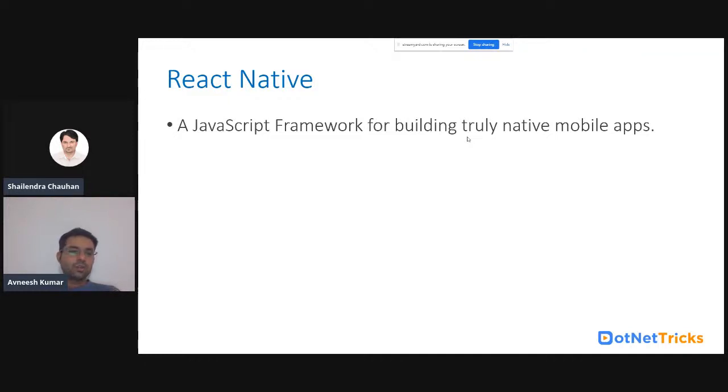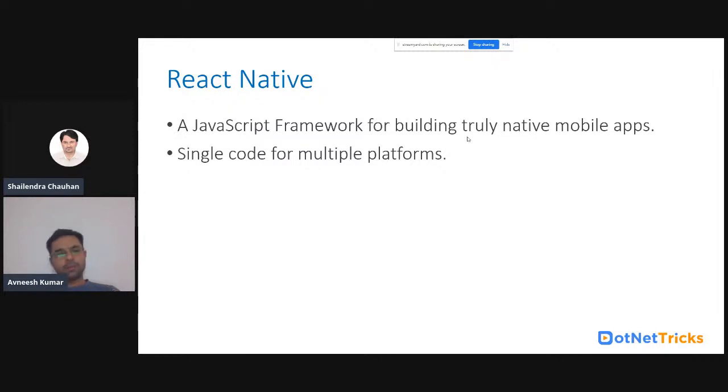Okay, so that's why React Native is said to be part of React.js, but you can say React.js empowers React Native. It provides the features and things required in React Native. So this is purely a JavaScript framework.